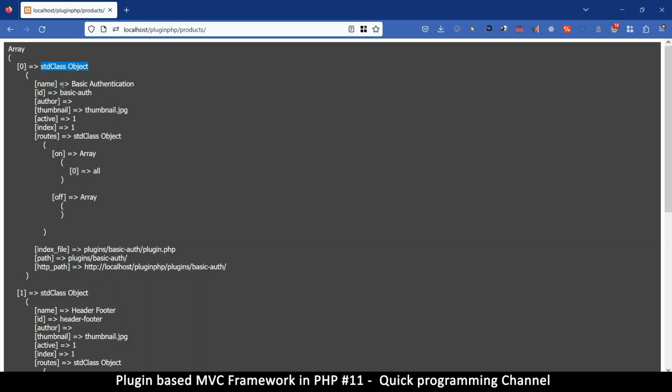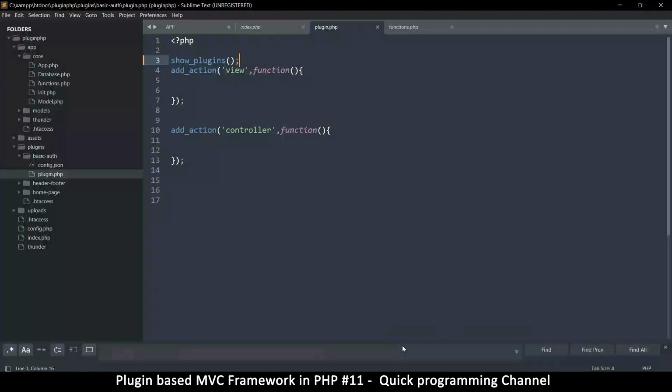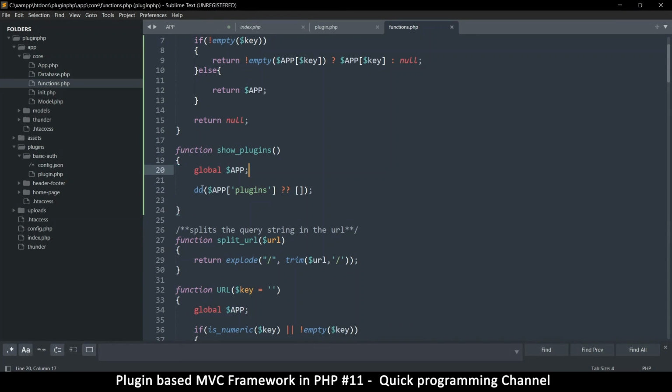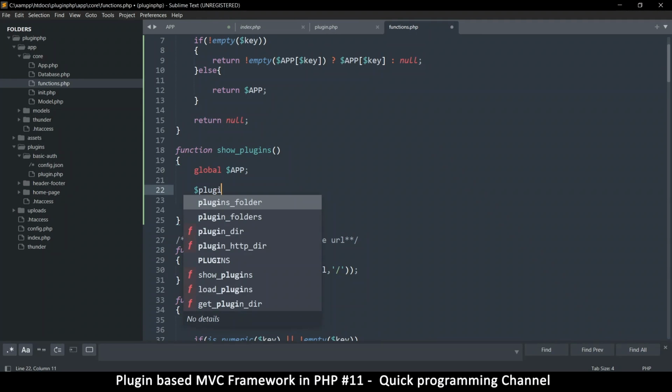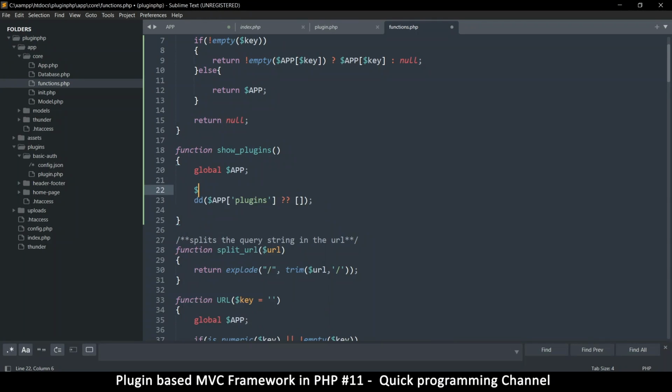So I can't use array column on these, but let's see, maybe I can. Who knows? So if I go to functions here, instead of returning the whole thing here, what I'm going to do is I'm just going to say names, excuse me,